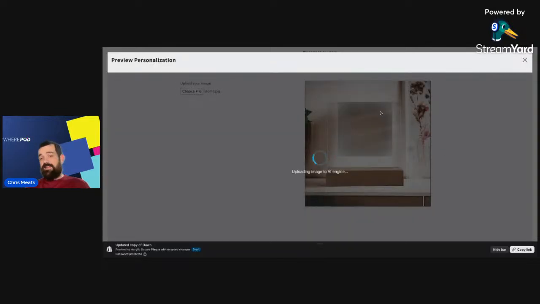So I'll upload that file. You'll see it'll do that blur instantly, and that blur will start to go away. And this text here will change as well. So the user is constantly getting feedback that something is happening, and they're not wondering, is it stuck? Did something happen, or what's going on here? So